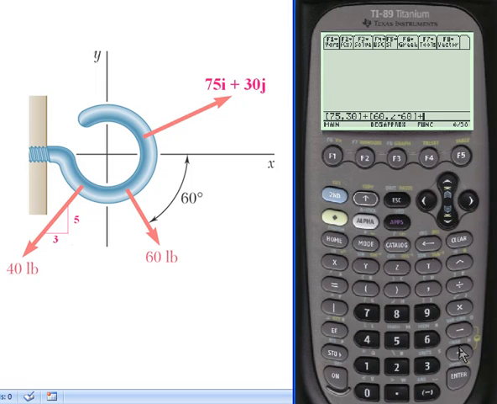Add the last one. We'll use the 40 pounds times the unit vector created by this 3, 5 slope. So I'll type in 40 times, and I've got a custom menu here with all my vector operations. So I go second F8, brings up all my catalog vector operations in one place. We want number 6, the unit vector,